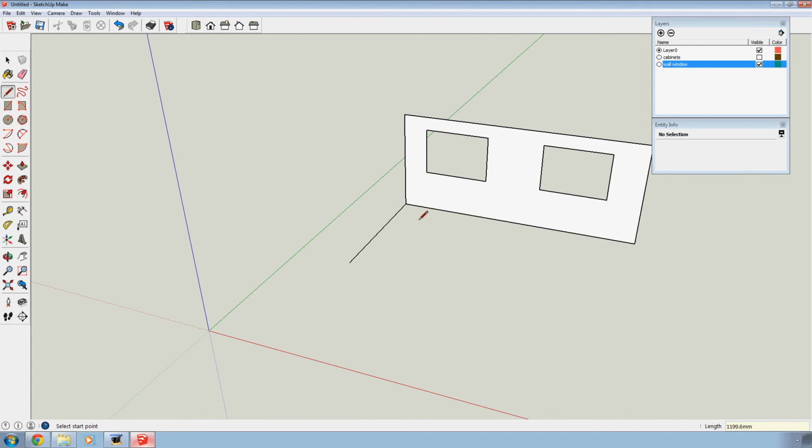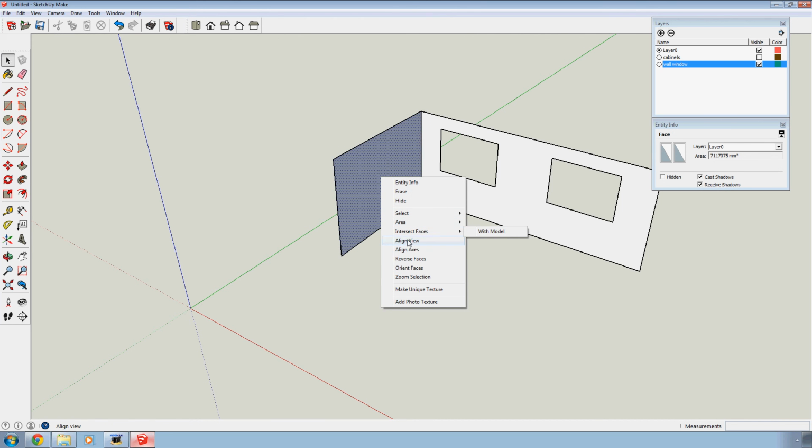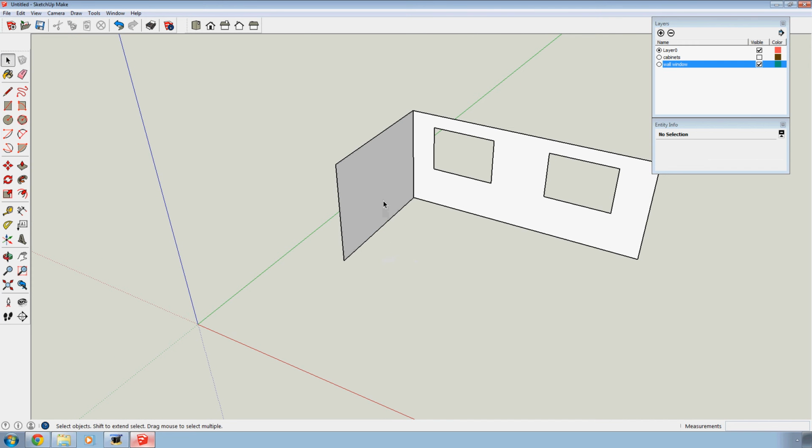Press escape to let go, and I can draw a rectangle here starting from this point. See it drawing on the flat till it finds that point. There we go. And once again I've got the wrong side, so press spacebar to get the select tool, right click, reverse face. Now there's no features on this wall, so I can group it,